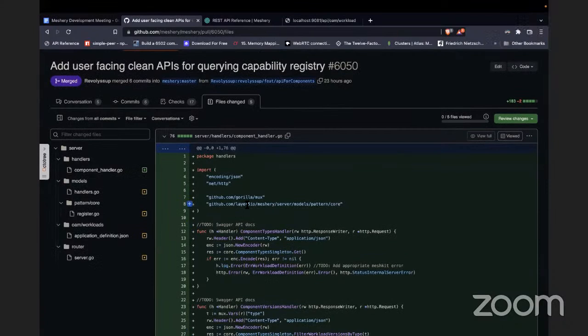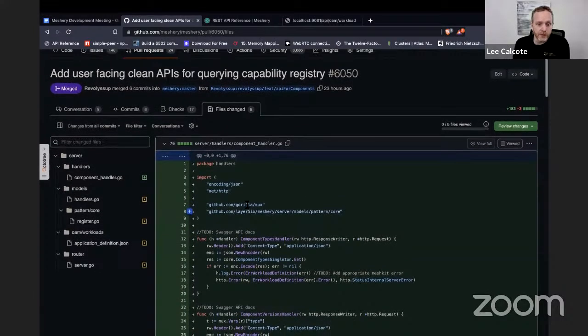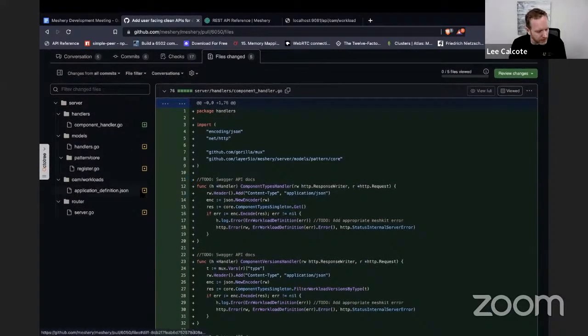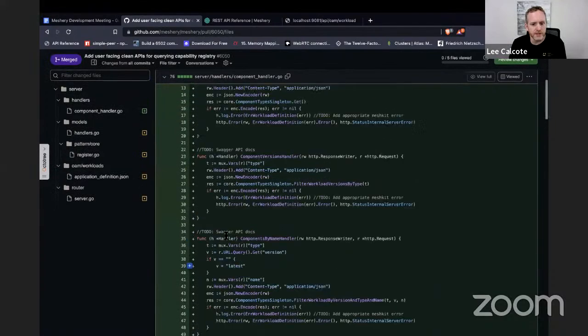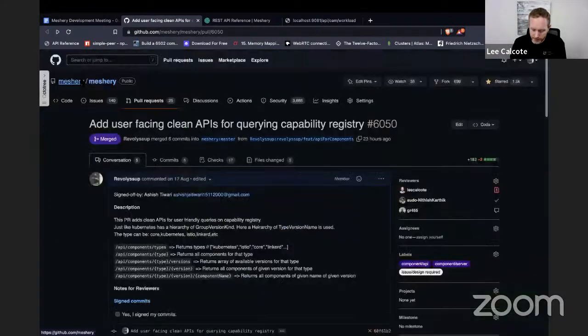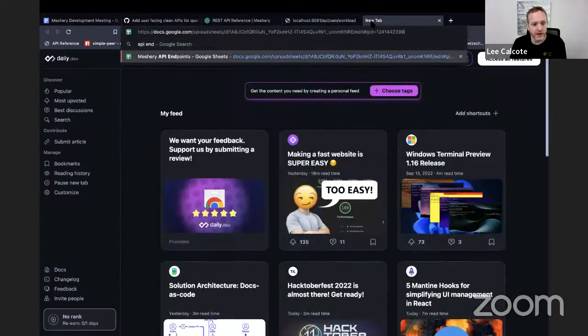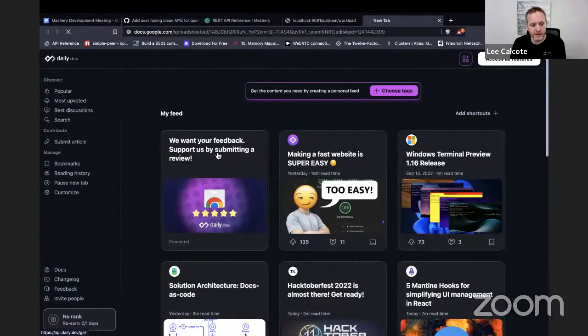One thing I want to call out here, just in case it's not evident to everyone else, is that internal to Meshery is a registry, kind of similar to a container registry. It's not a container registry.